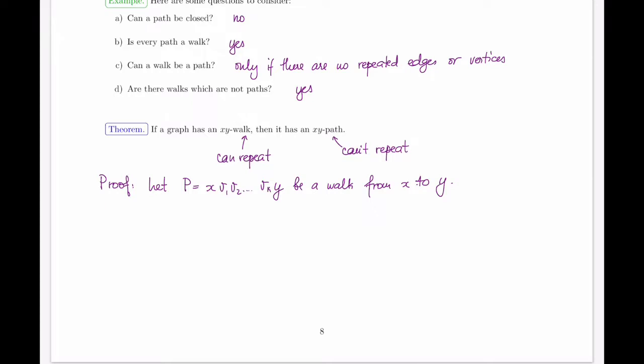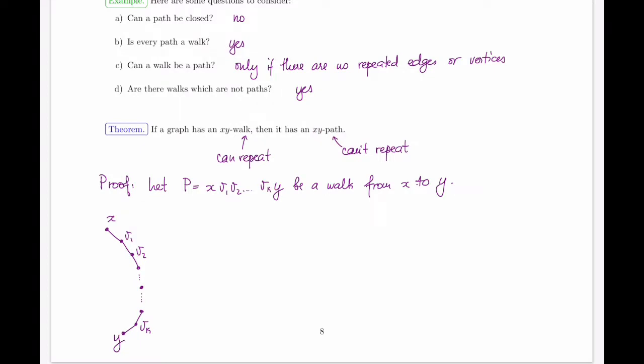In fact, to further think about what that looks like, let's come up with a picture. So I have X, and then I have V1, V2, and so on and so forth. A bunch of vertices in the middle, it just keeps going. And eventually, I connect myself to the vertex Y. Here's a walk. If it's a walk, any of the vertices in the middle, as well as any of the edges in the middle, can repeat. And my goal is to prove that I can somehow find a way to get from there to here without any repetitions at all. So how can I get rid of those repetitions?